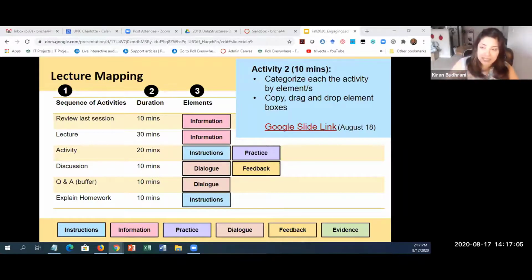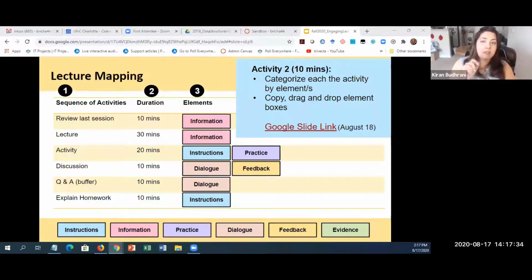If you look at the example on the screen, there could be a review followed by a little lecture activity with another activity, a discussion, a Q&A. We didn't put any specifics here because you might have your own, depending on your topic and what you actually do in your class. Each of these activities in the sequence can have a corresponding element that you associate with it, maybe two.